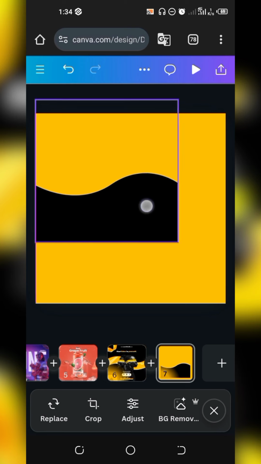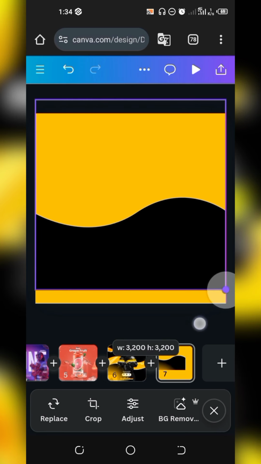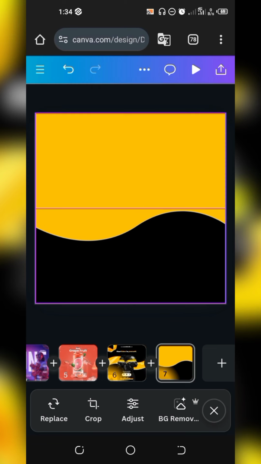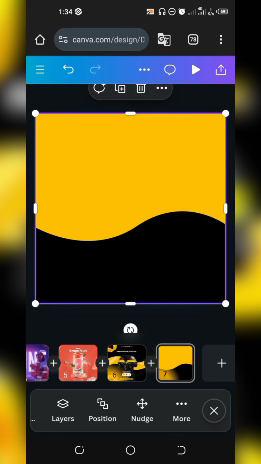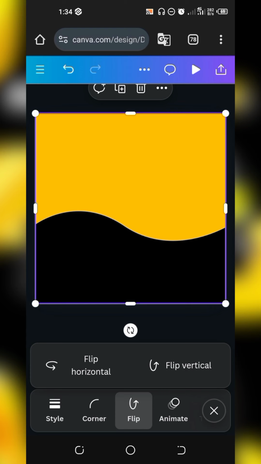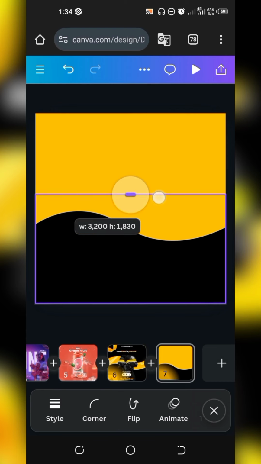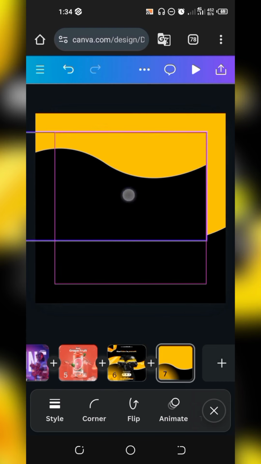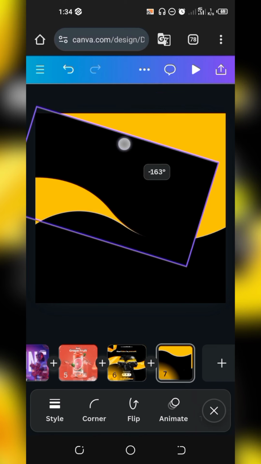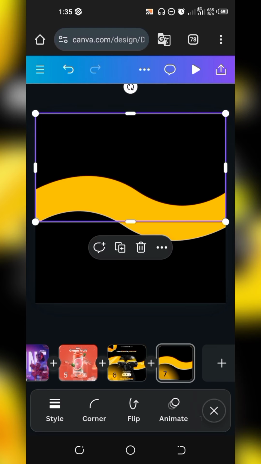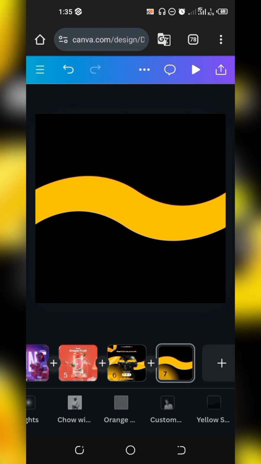And if you want to get it on Canva, you can still type the same keyword and it will bring out similar options for you, and you can actually use it to your own advantage. So bring this down here. Now what you want to do is flip this over, flip it horizontally like so. Okay, then duplicate this. Let's make sure it doesn't take so much space. Duplicate it, rotate it like this, rotate. Okay, then drop it here like so. Now we've gotten our perfect background.